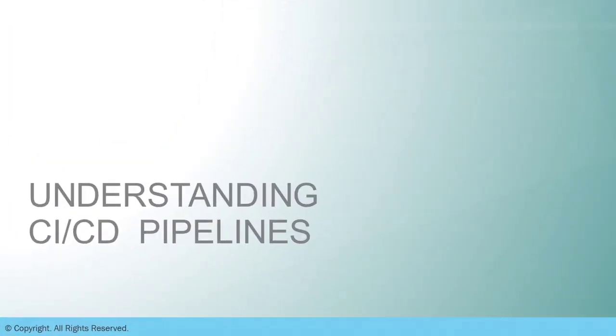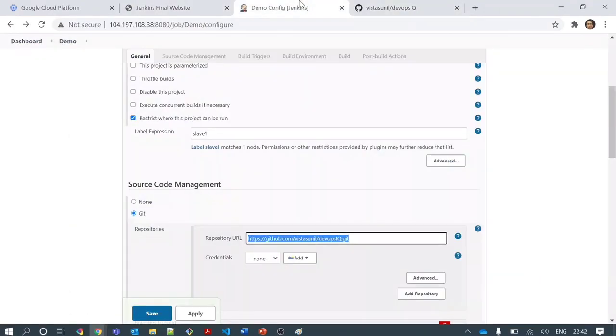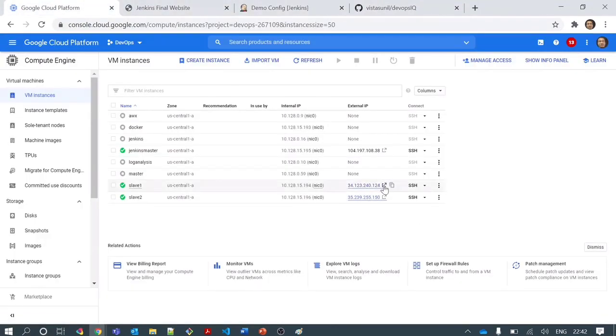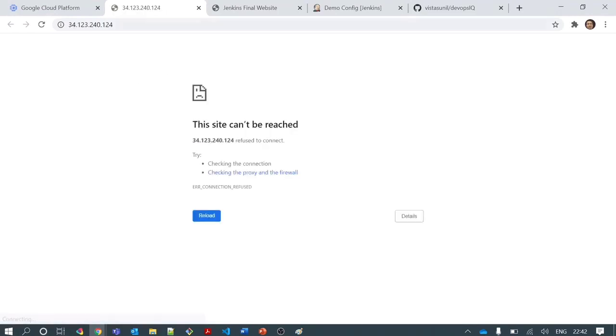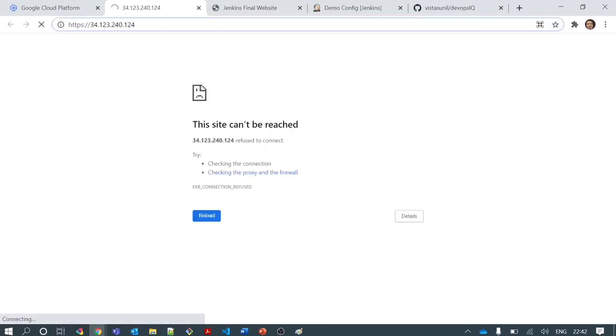So in the last session we saw how to create Jenkins jobs. We had created two jobs on test and prod nodes, or we can say we had two slave nodes. Slave 1 was our test node and slave 2 was our production node. So this was the final version of the website deployed on the prod node, and this was our development version on slave 1, our test node.